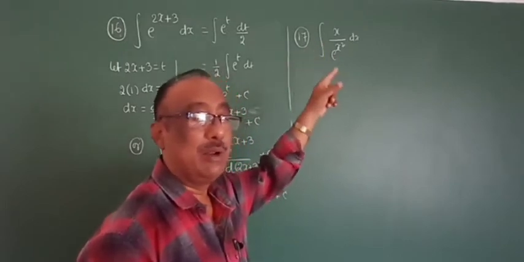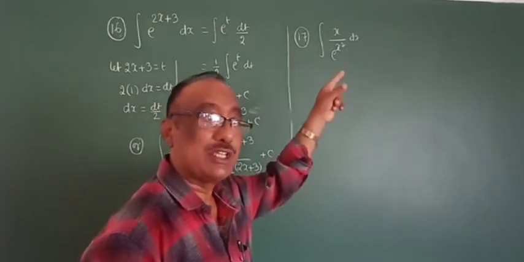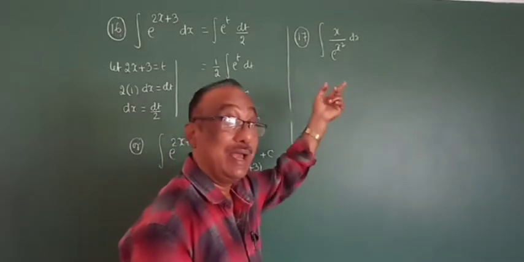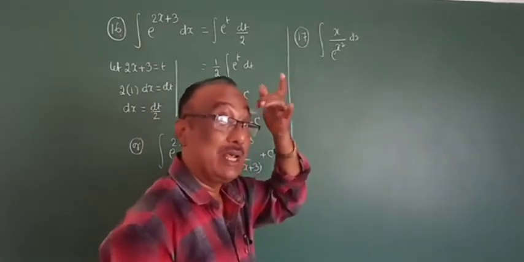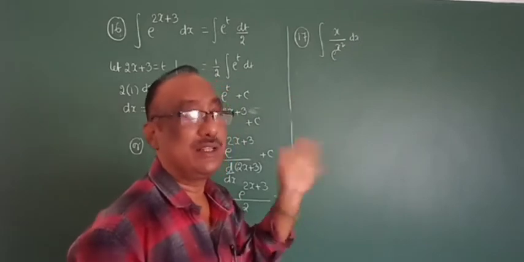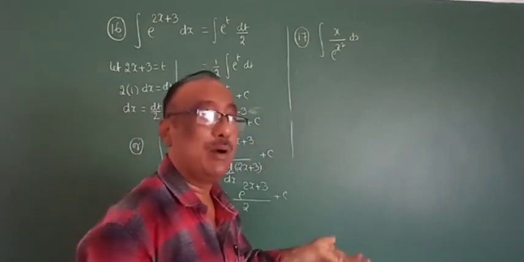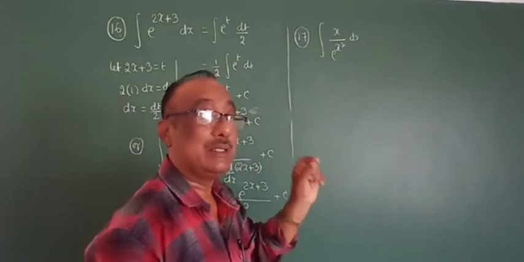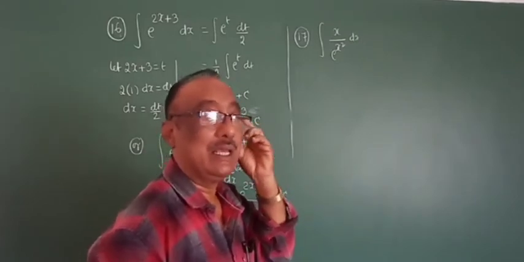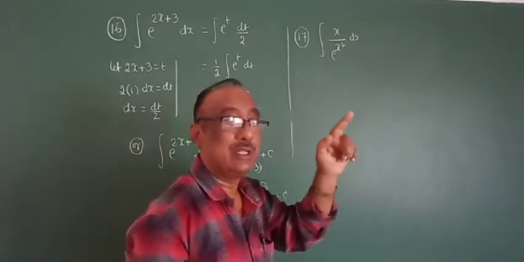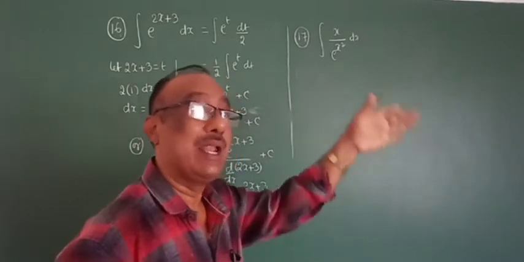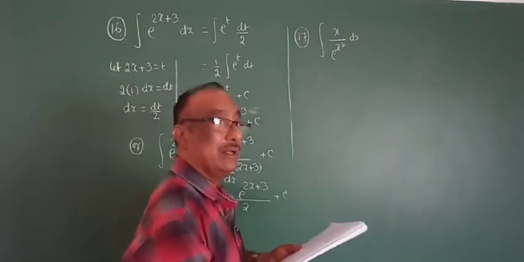So we have the x variable. Immediately, let x square be t. The derivative of x square is 2x, and we already have x. The constant may or may not be there, no problem, but the variable is compulsory. Therefore, the derivative of x square is 2x, and the x variable is already there. That's why let x square be t. Start, everyone.